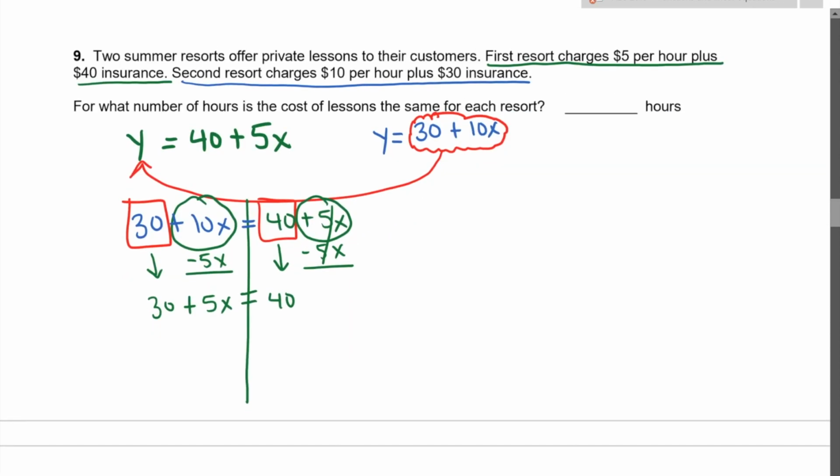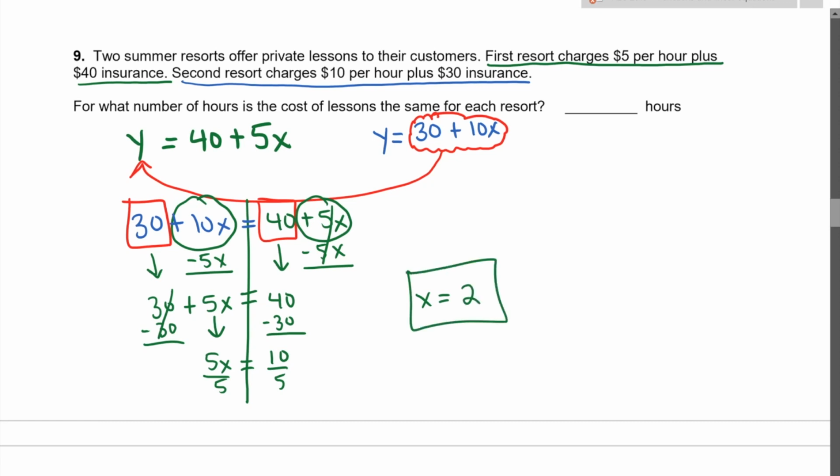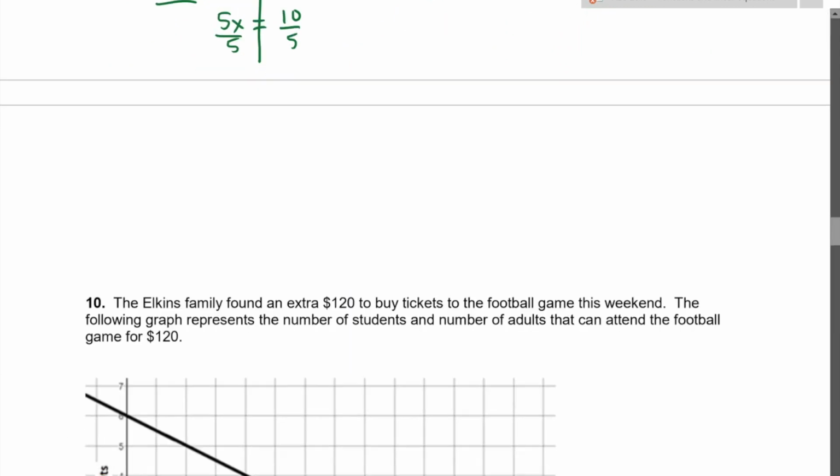Okay, got two more steps. Subtract 30 from both sides. I can cross out these 30s. Drop down the 5x. Equals 40 minus 30 is 10. Simply now, just divide. What does x equal? X equals 2. So 2 is the answer. Okay, pretty easy substitution problem. We should not get hung up on this. All right, let's move on to number 10. Remember, you